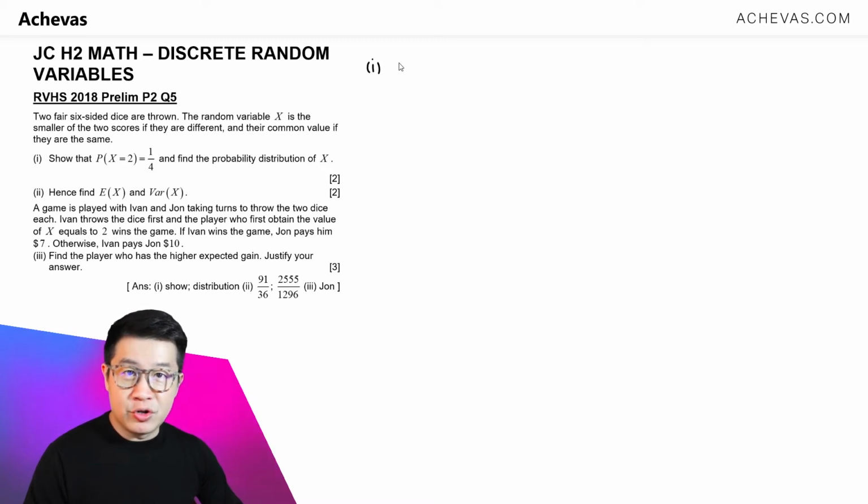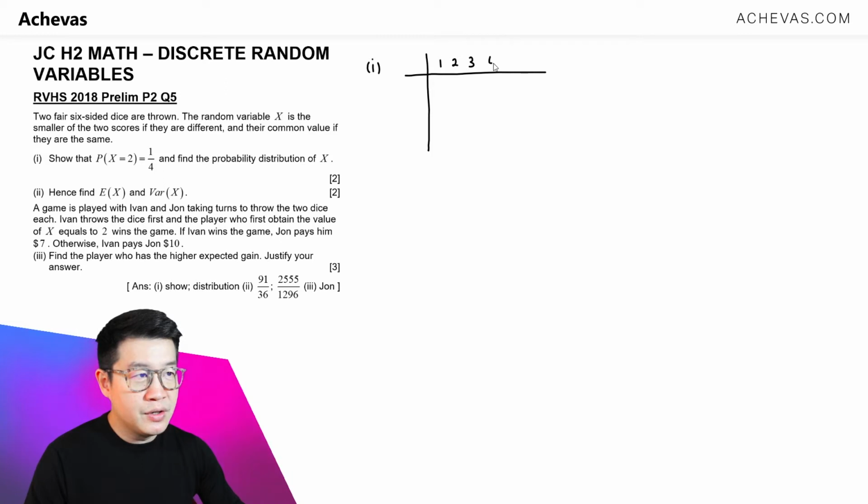Let's make use of a grid to try to list down all the possible outcomes for x. According to what the question says, we are going to be throwing the dice 2 times. So let me draw this grid that represents the first throw and the second throw. For each throw, it is going to be 1, 2, 3, 4, 5, or 6. This, let's say, is the first throw, and it will be 1, 2, 3, 4, 5, or 6 for the